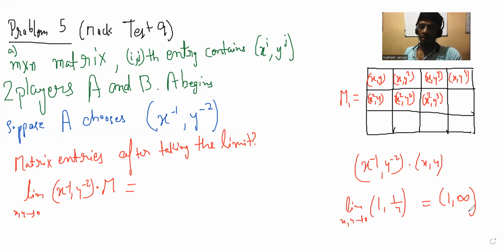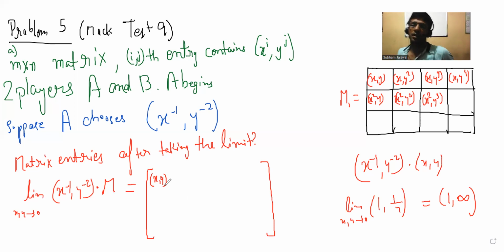Those entries that become 0 have to be replaced in the original matrix with 0, handing over the resulting matrix to the other player. No other changes are made, only those which are becoming 0. This first entry is not becoming 0, so let's use the matrix notation. It will remain as it is. This is a matrix in which the entries are not numbers but vectors, so this will remain x comma y. Quickly, tell me what happens to the other entries. The first row will remain as it is, because x is not going to become 0. The first row is not changing.